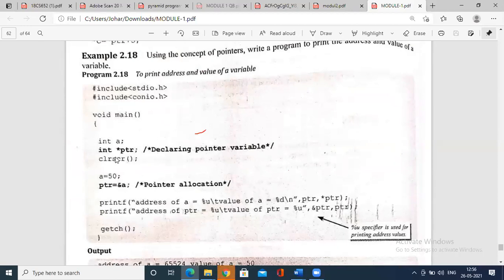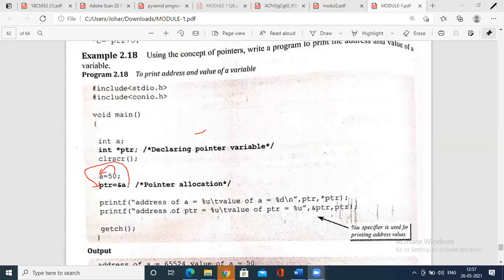Example is needed, remember. int a, and int star ptr is the declaration of a pointer. Once you declare it, you store the address of a into the pointer variable ptr. You have 50 in a variable called a, but the address of a is something different, and that is printed here.